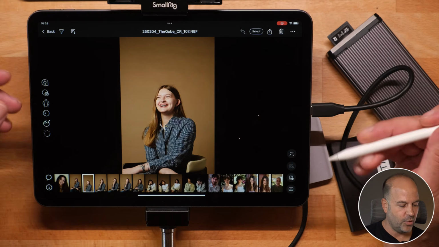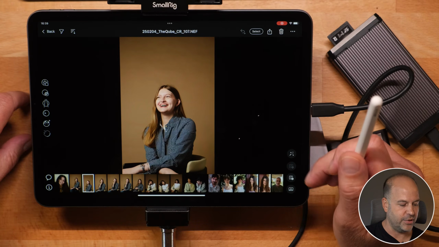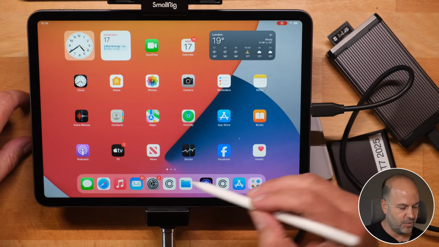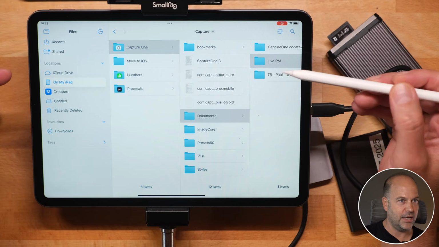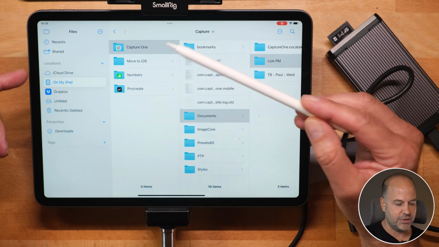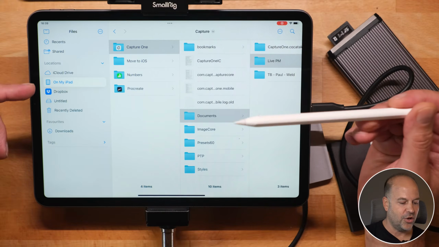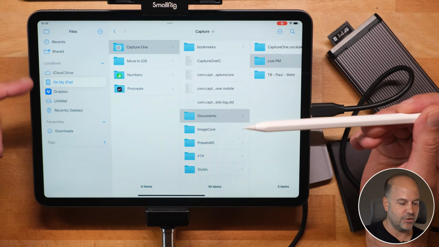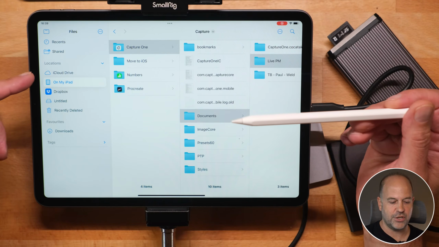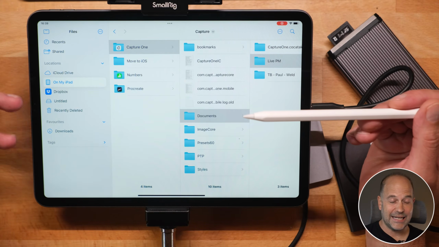But what if you've been working on this and you wanted to move that over to a different computer? Of course, there's lots of ways that we can do that. Now, looking into our Files app here, the keen-eyed amongst you will see, okay, David's got an iCloud Drive, he's got Dropbox and so on. Could I just create my session onto a cloud storage service like Dropbox or iCloud Drive? Technically, you could,